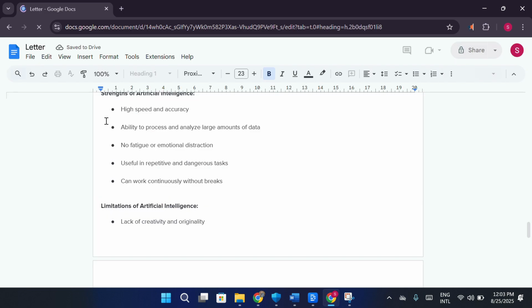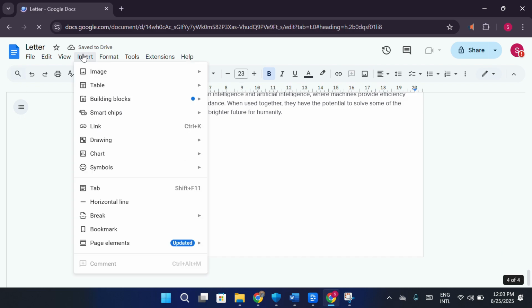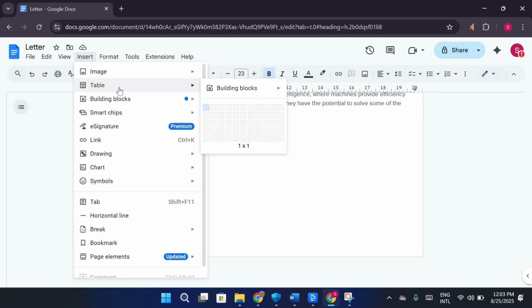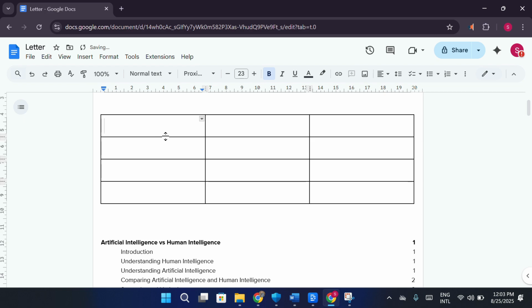Now, at the top menu bar, click on Insert. From the drop-down, hover over Table. You'll see a grid appear where you can select the number of rows and columns you want. Just drag across the grid and click when you've chosen the size, and instantly, a table will appear in your